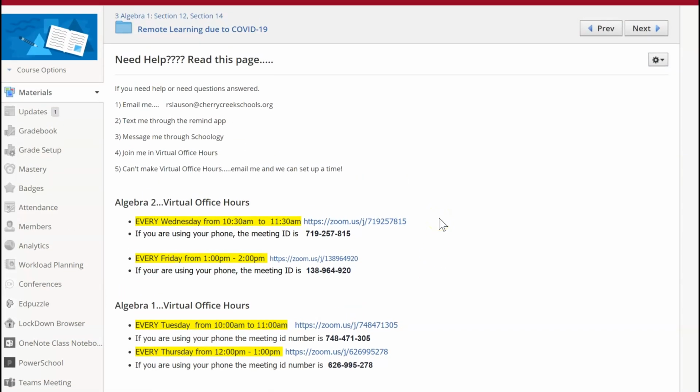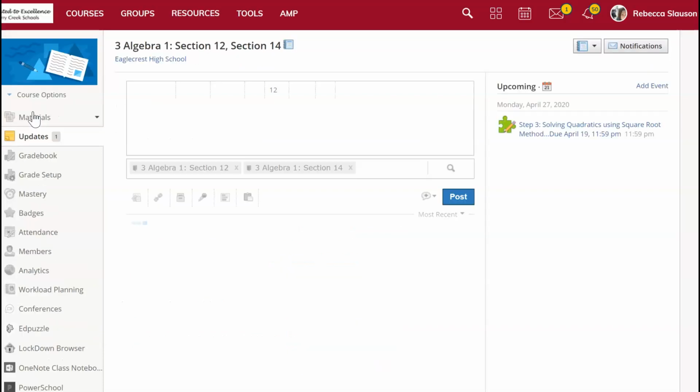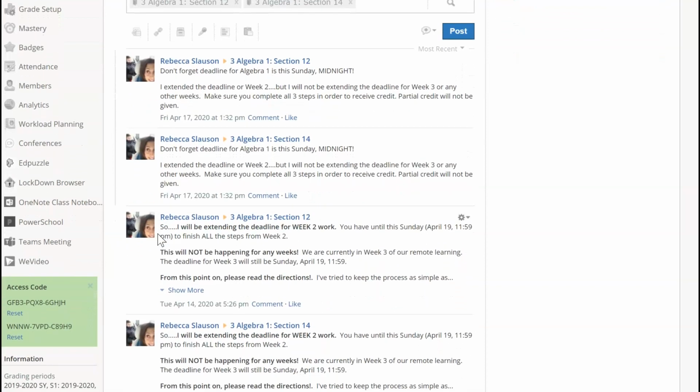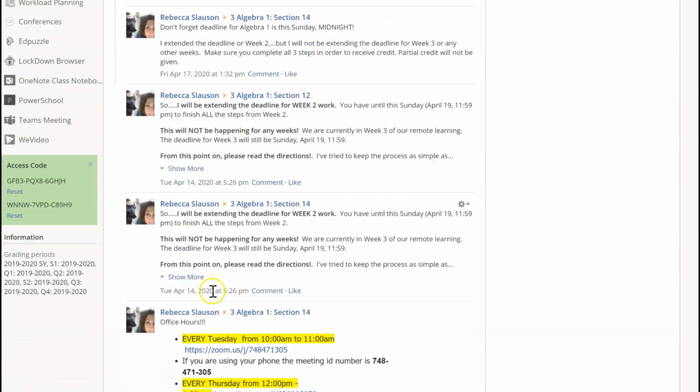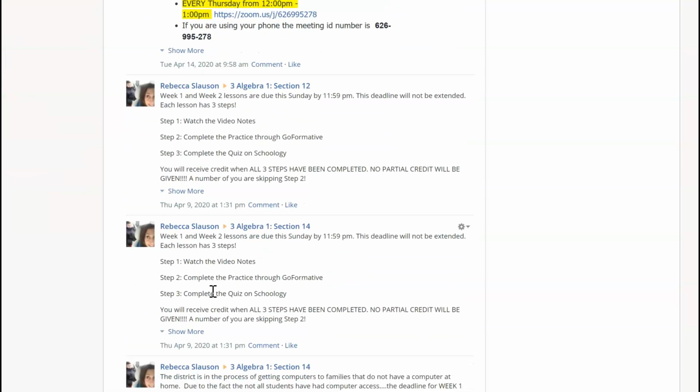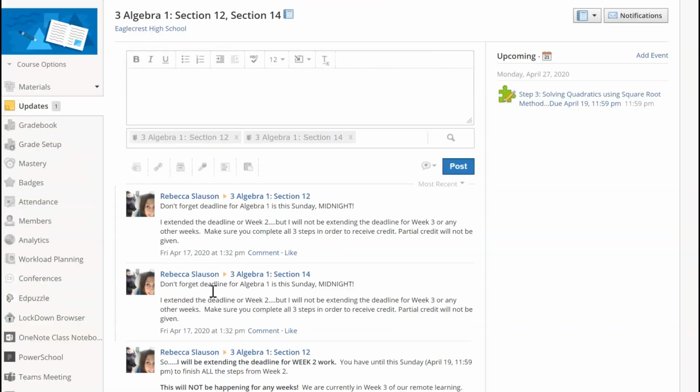And then the last thing I'm going to point out to you is when you log into Schoology, over here on the left, when you see updates, you should click on this. I'm not sure how it looks from your end, but go to updates and then you're going to see all these things that I've been sending you guys. So again, this is my Algebra 1 group. So I sent something to them on the 17th. I've sent something to them on the 14th. April 9th. I mean, all these things I've done my best to keep you guys in the loop,